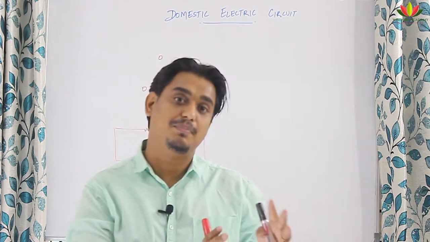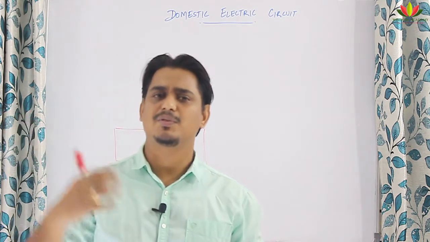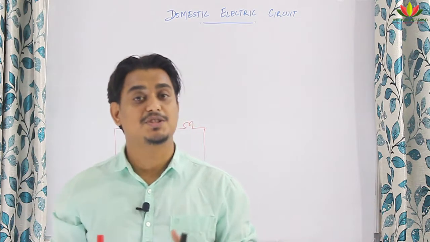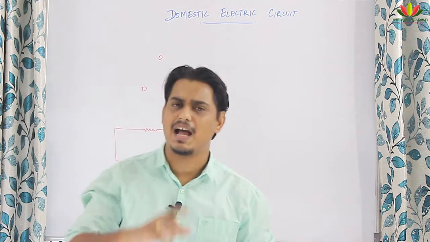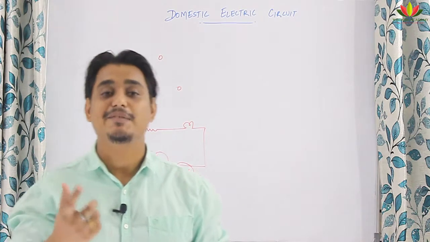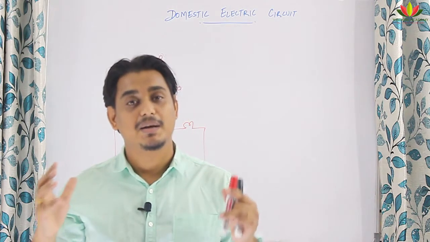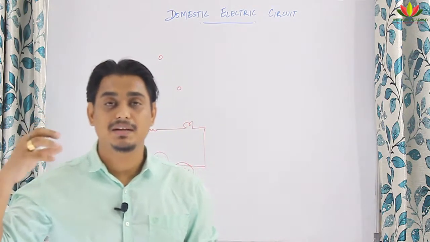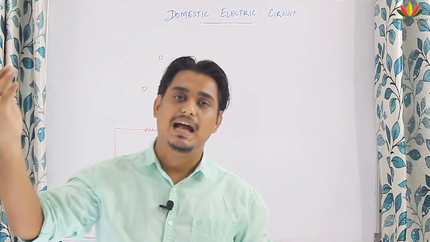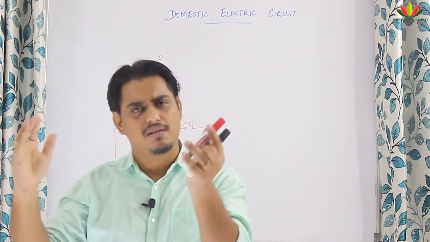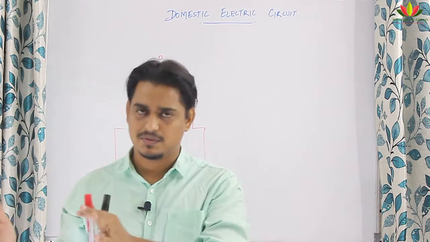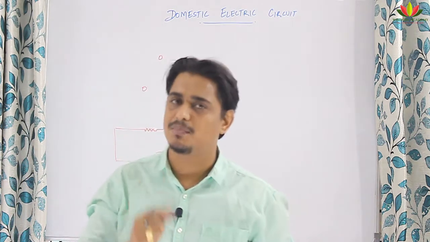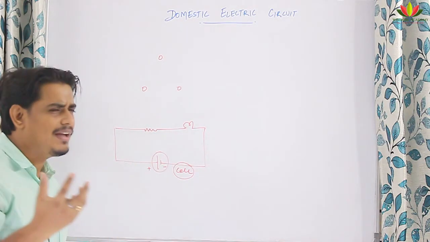There is a basic principle behind that. When it comes from this much far, it has to be carried by some wires and transmission should be done, and that transmission will be high voltage transmission. I have made a small factoid video based upon that. You can go and see how the power transmission is happening. Once again, coming back here, that current is coming through those wires and the high voltage is getting converted into low voltage by using some transformers, and finally what comes to your home is 220 volt potential difference.